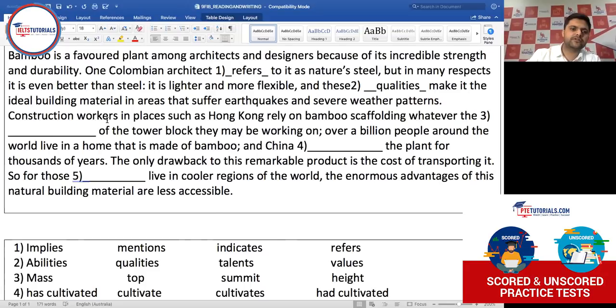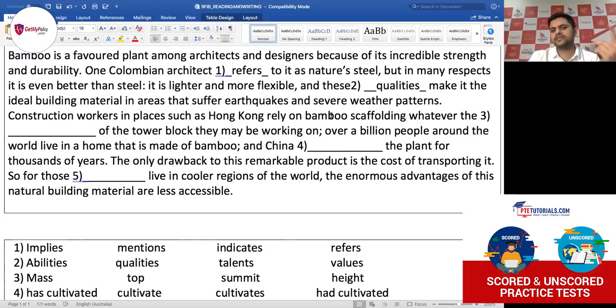So now here we are talking about construction workers in places such as Hong Kong, and they are relying on, so they are depending on bamboo scaffolding. Now here it is important to know the meaning of scaffolding, and if you don't know what scaffolding is, you just try and guess it from the surrounding words. Here we have the word construction workers, we have the word